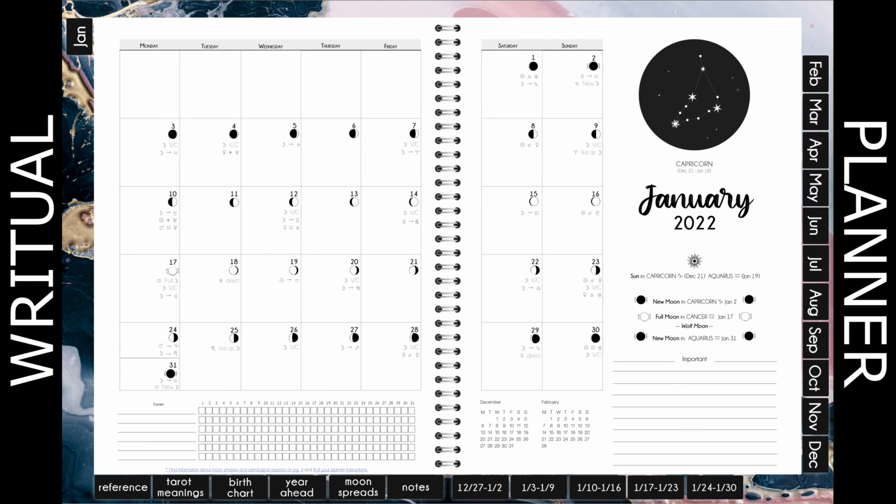And now we get into our monthly pages. So these next few pages are going to repeat themselves for every month throughout the year. You're first going to have this calendar view that gives you just your calendar grid with the moon phases day by day, as well as any astrological transits that are happening,